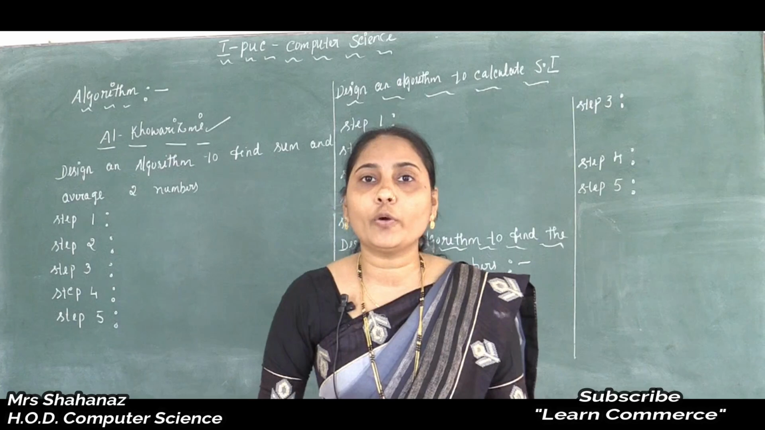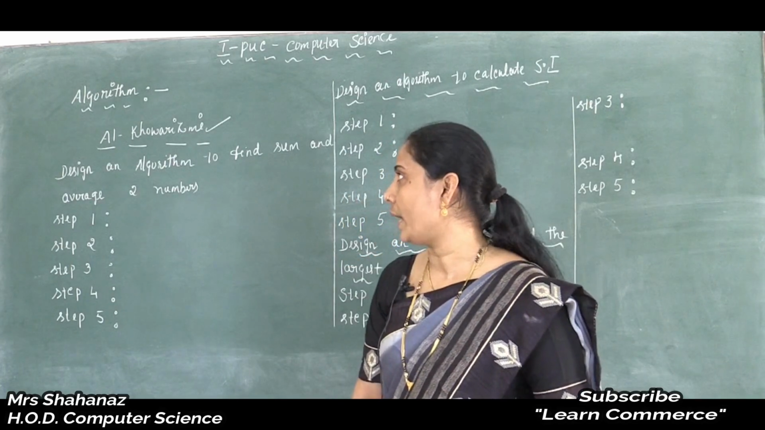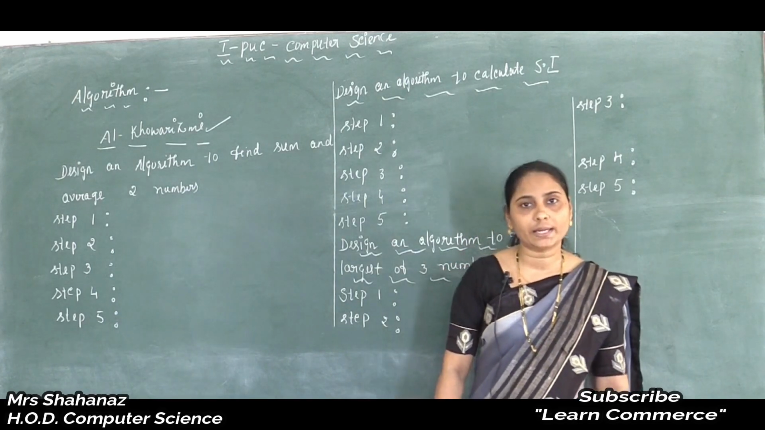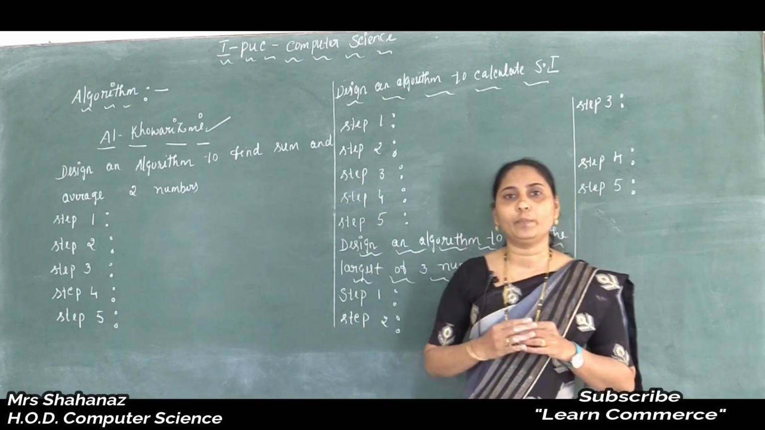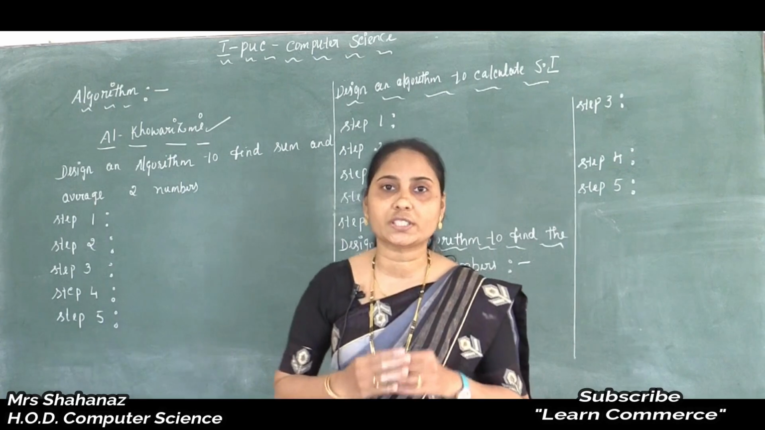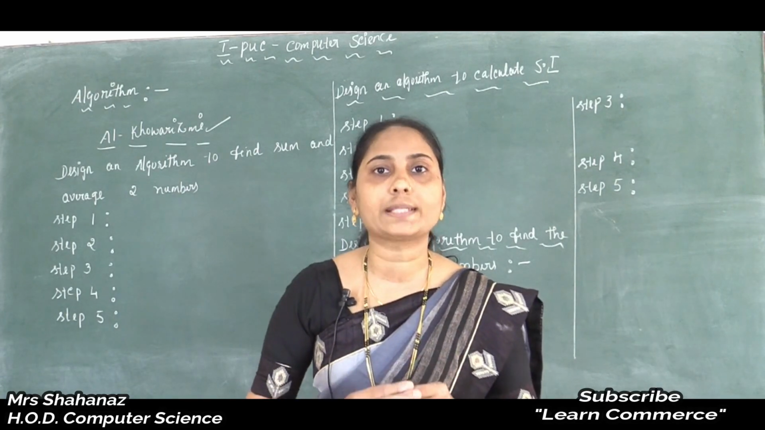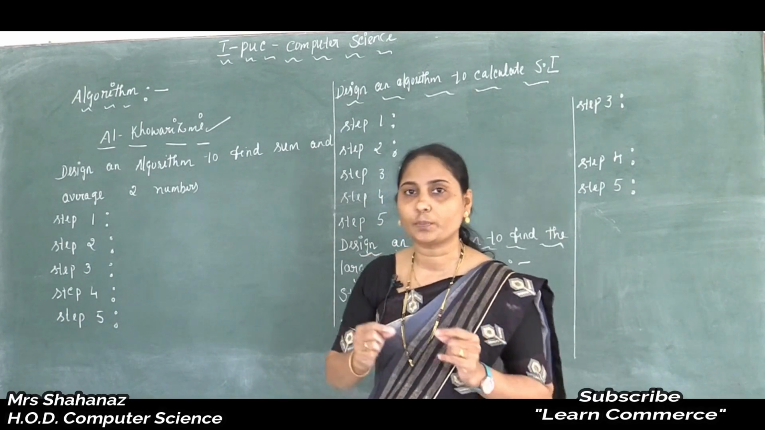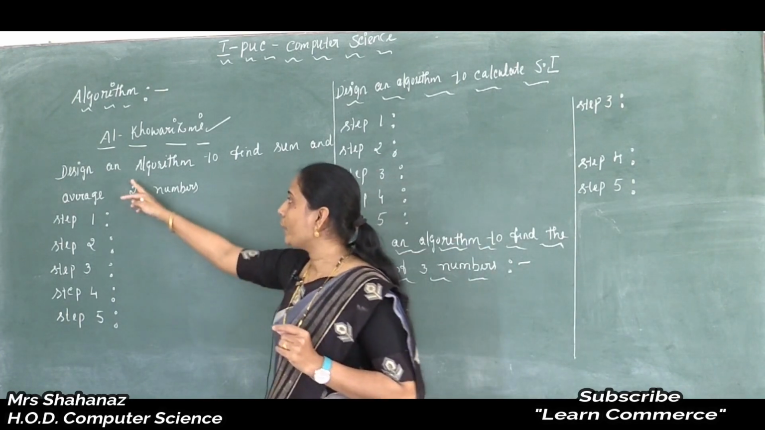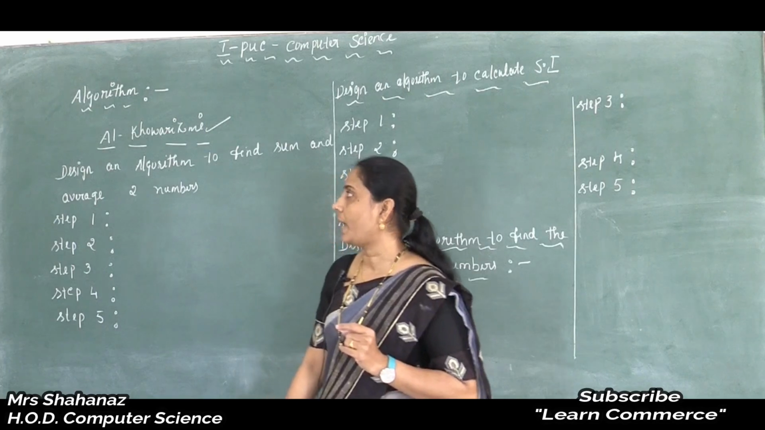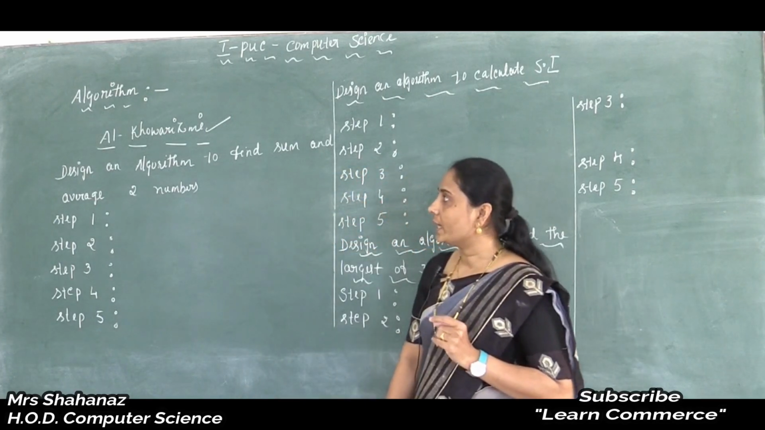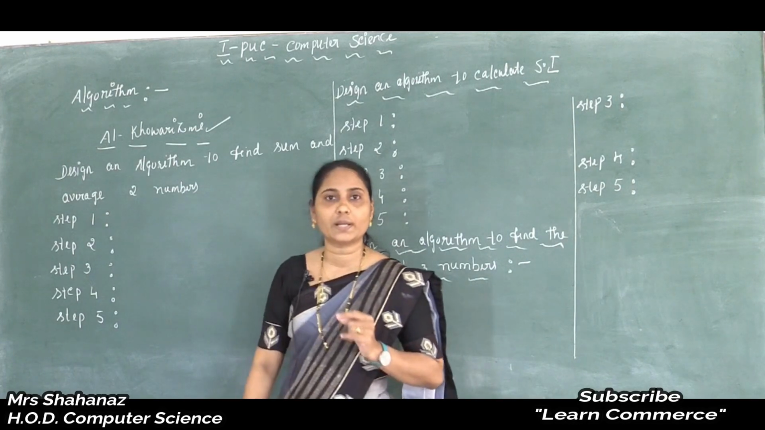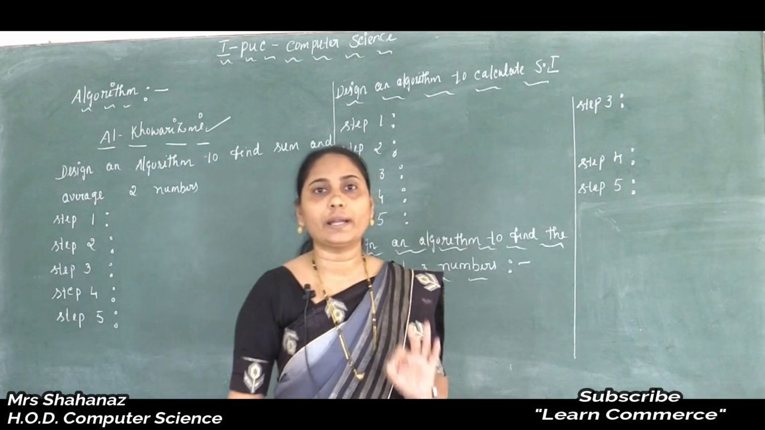Now we are going to tell how to design an algorithm, or how we are going to use the steps of the algorithm. Whatever I said in the meaning, I am going to use all those steps with some examples of an algorithm. So the first example, or the first problem, I am going to start with: design an algorithm to find the sum and average of two numbers. Now our question is